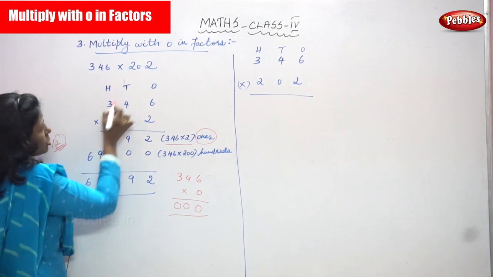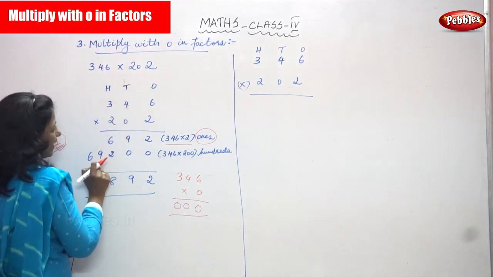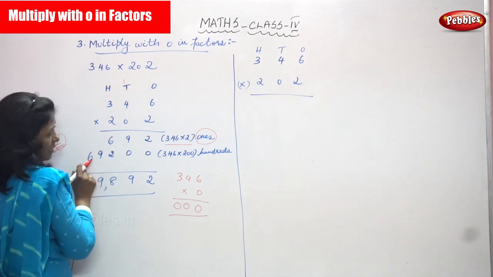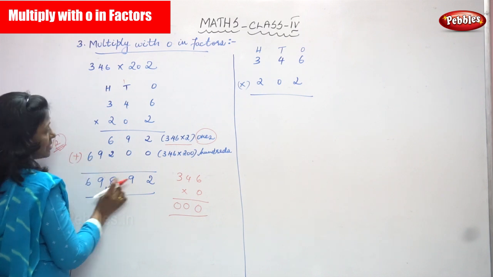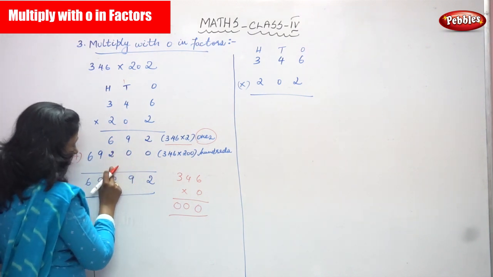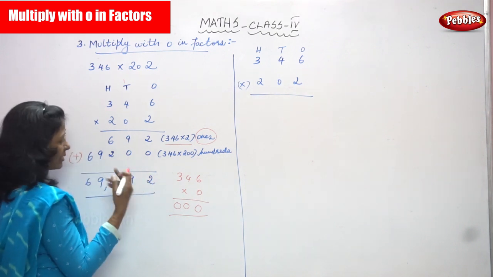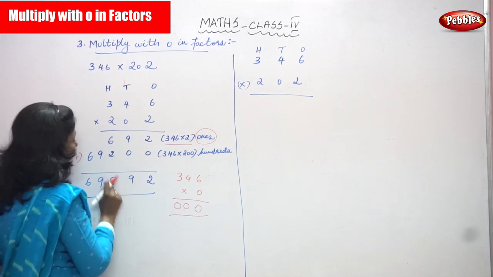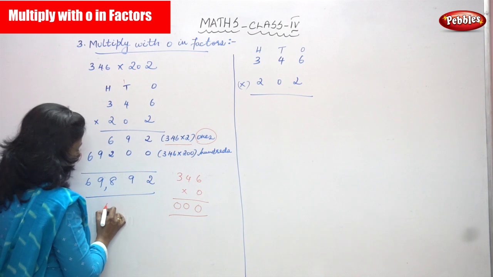Then the 1 carried over goes to the tens place. 2 into 4, 8. 8 plus 1, 9, and 2 3s are 6, I have written. So now you start adding. That means 2 plus 0, 2. 9 plus 0, 9. And 6 plus 2, 8. So 9 here as it is and 6 as it is you have to write. So the answer is